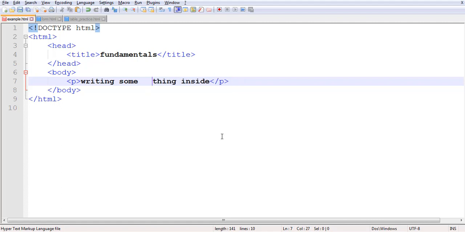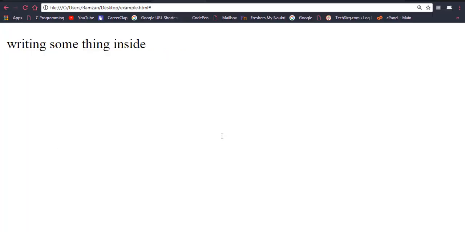So at that time we have the option of ampersand Nbsp, non-breakable space. Again one more, so that you can differentiate, Nbsp, and again one more ampersand Nbsp. And now if you see the output screen,